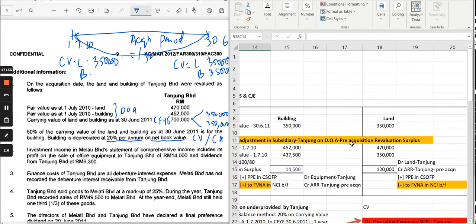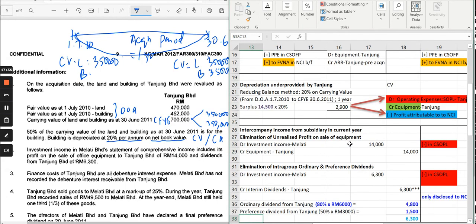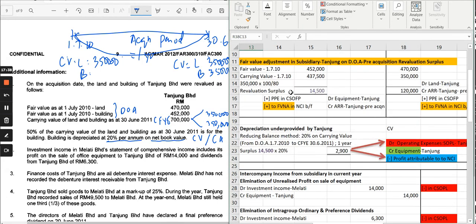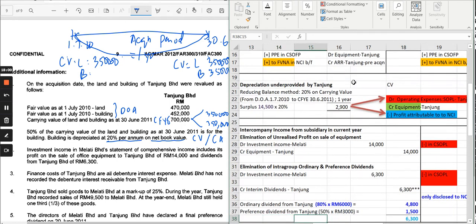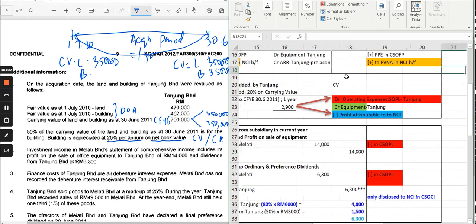So you need to include that as part of the calculation for the fair value of net asset, so that you can find out what are the portion relating to the non-controlling interest in the fair value of net asset on 1st of July 2010. So in terms of journal entry, it will not have any impact to the consolidated statement of profit or loss. As I have mentioned, this will have impact in the fair value of net asset, particularly the one relating to